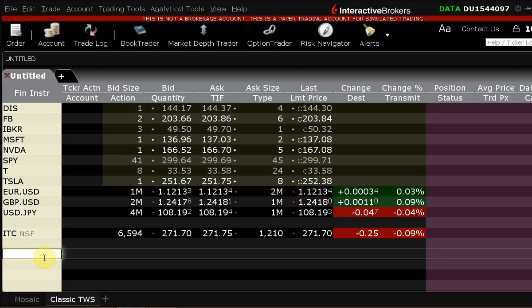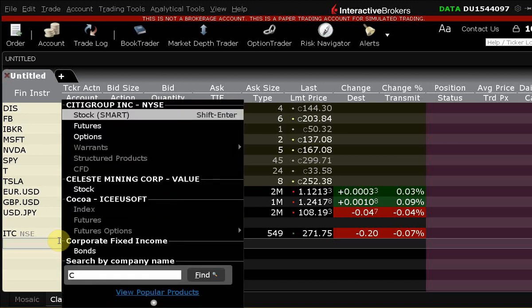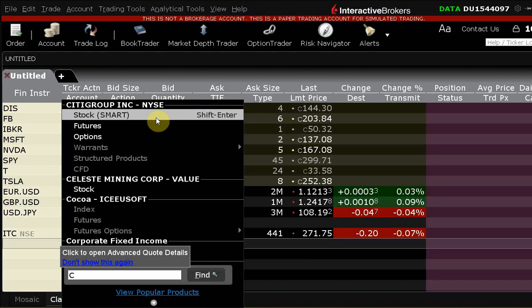No, but this particular software, the feed that we have got is only the NSE feed. But those who are doing the arbitrage would have feeds from both the exchanges, and the software would allow you to execute on either. Remember, when you set up a stock, here you won't get smart routing. So let me try and set up some other stock, let's say Citigroup. If I enter C, and I want to set up Citigroup stock as smart, the smart is actually talking about the routing part of it.